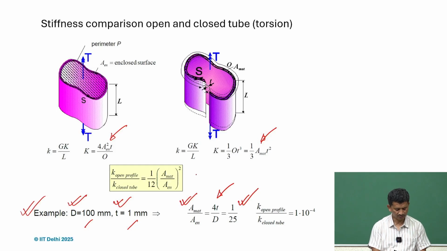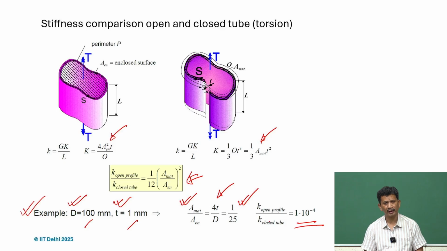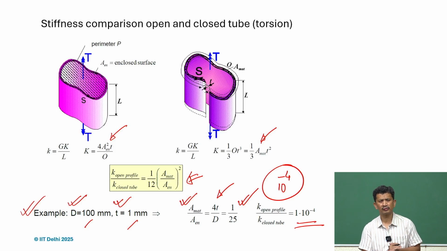And if we plug these values here, we find that approximately the K open versus K closed profile is 10 to the power minus 4. So it's a huge number, 10 to the power minus 4. So the open versus the closed, and if we just reverse it, we can see that if it's a closed tube,